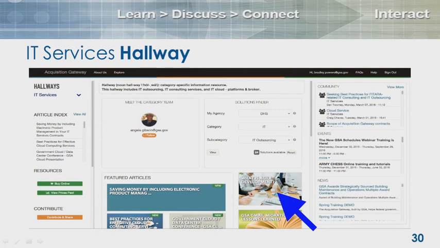And so what's in this hallway? On the left-hand side, you can see the article index. So these are all articles that experts in IT services thought would be valuable to somebody who needs to understand that environment. Under the resources, if you click on the buy online, it takes you to transactional platforms that allow you to buy IT services.